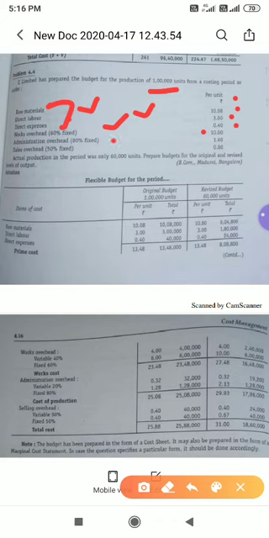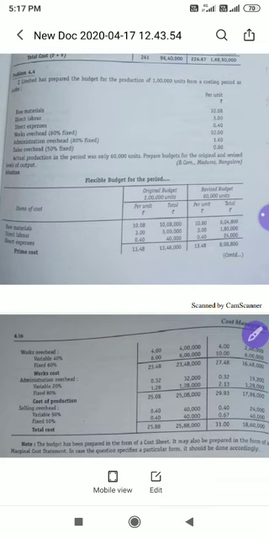And administration overheads total we have 1.60. Out of that 80% is fixed, that means 100 minus 80, 20% is variable. And next we have sales overhead. Out of that 50% is fixed and the balance 50% is variable. Total we have 0.80. Actual production in the period was only 60,000 units. They have given the budget for 1 lakh, but the actual output was only 60,000 units. Prepare the budget for the original as well as revised. So original is 1 lakh and revised is 60,000.